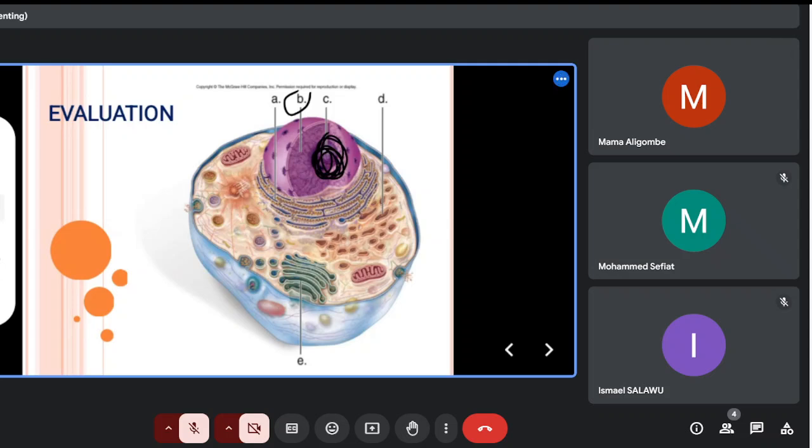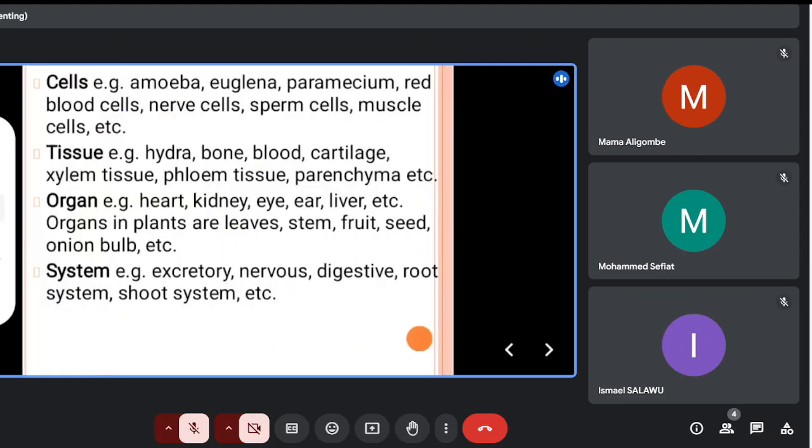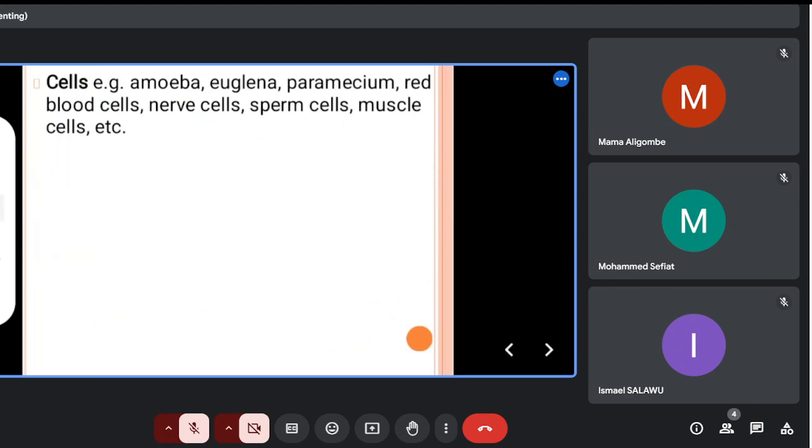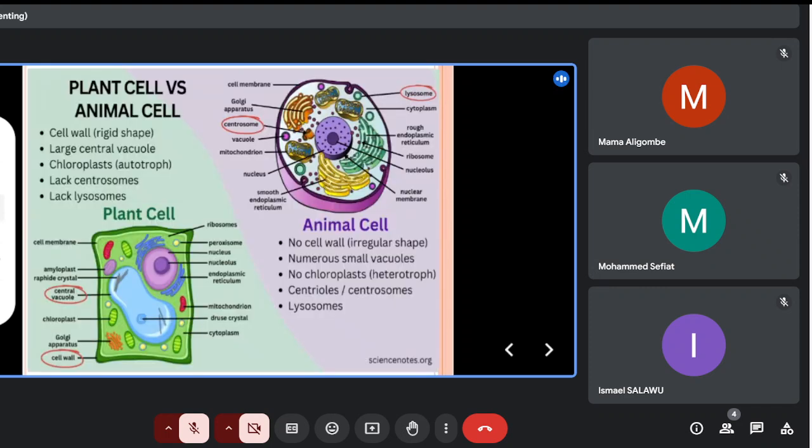I hope you can hear me. Yes, ma. We need to take it as a whole, and I do not want to scroll back the slide so that it won't take us forever to get to the